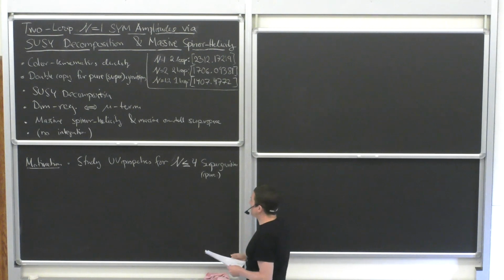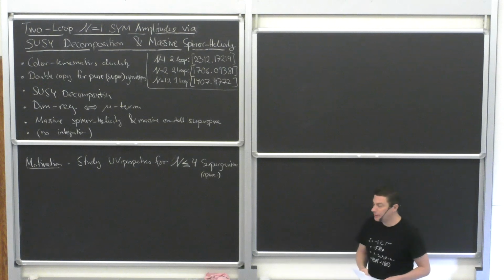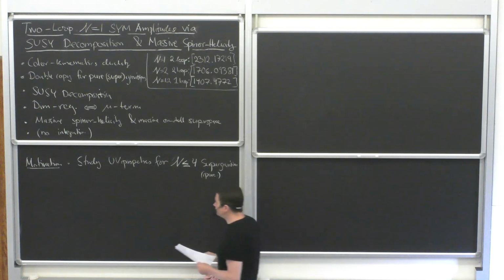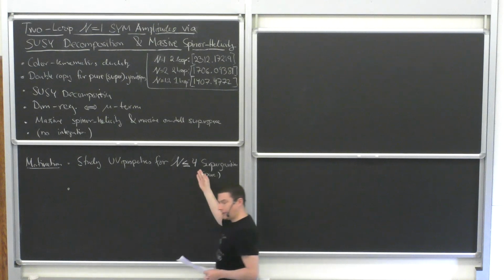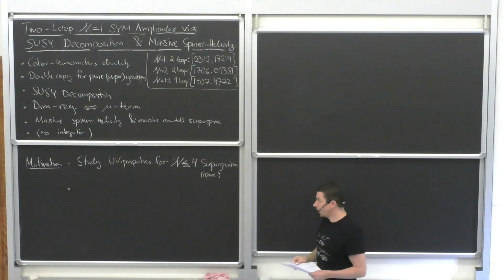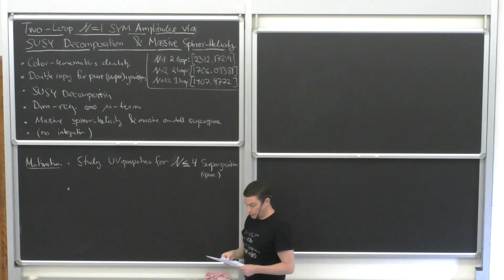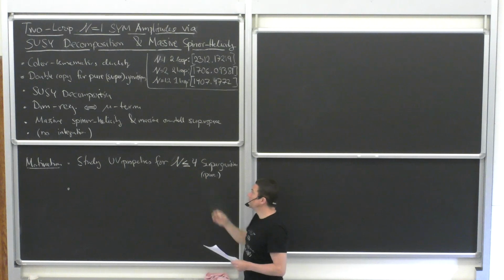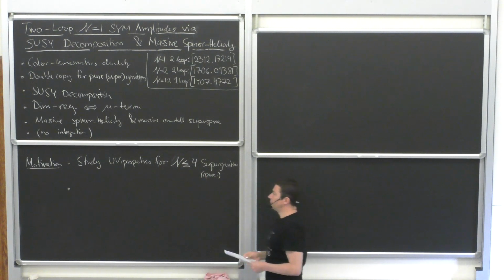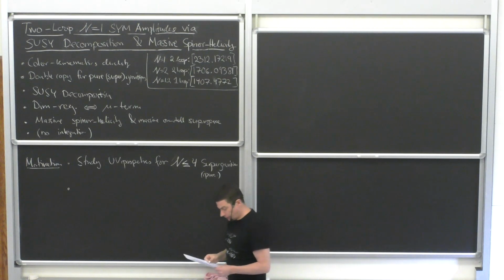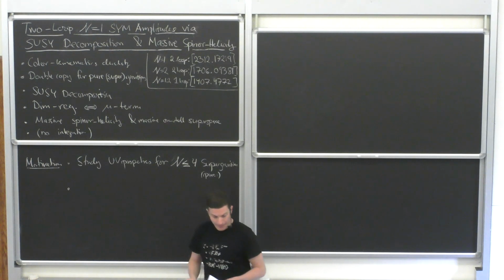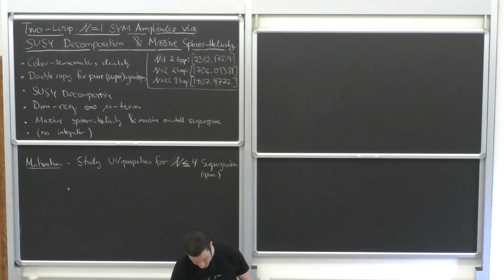Now this is a tricky subject because it's a very complicated theory, and the less supersymmetry actually makes it more complicated because then you have less tools to use. We all know how to compute in maximal supersymmetric theories, but when we go below 4, it gets trickier and trickier.